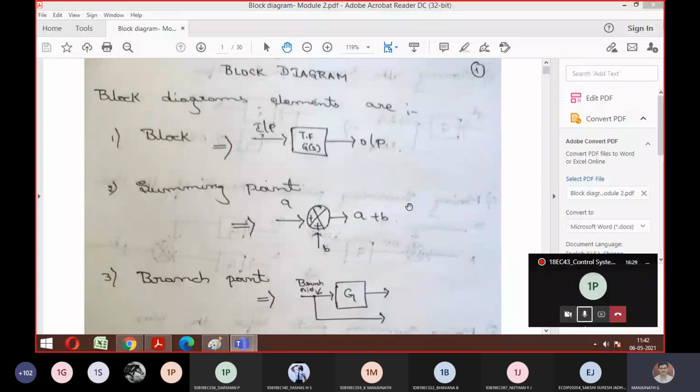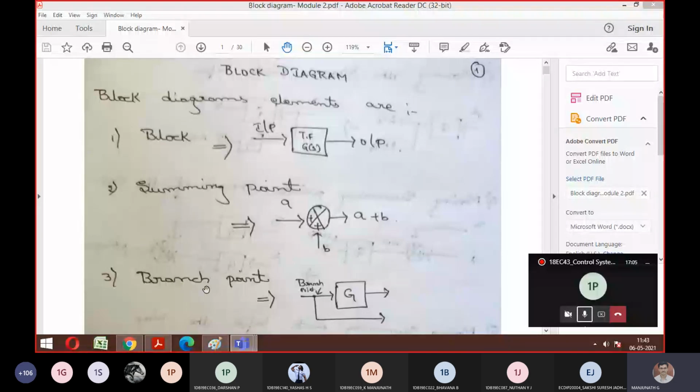Yes. So the 3 major elements involved in this block diagram are called a block. You can see a block like this. As we said in the previous class, input followed by output, then followed by your transfer function, your G of s, which we'll discuss while writing equations. Just remember the 3 points: one is called block, one is called summing point, and one more is called branch point. We can call this branch point a takeaway point also.